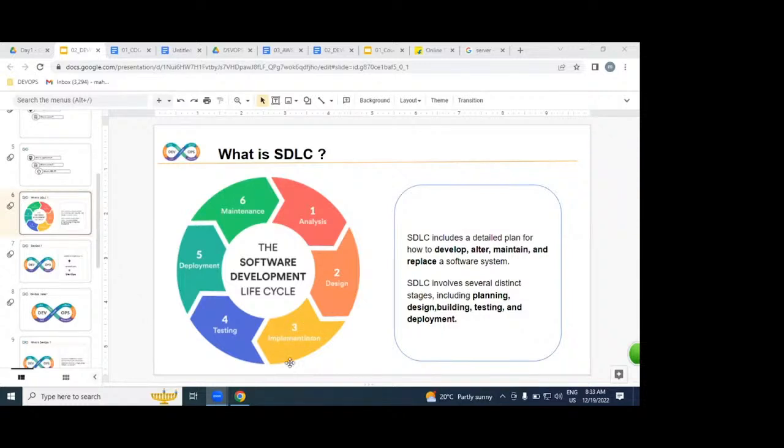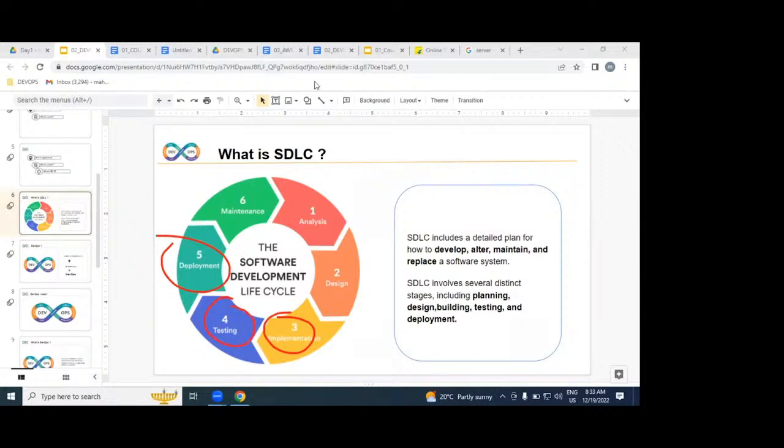Developers are working on the implementation part. Testers, DB administrators, DevOps engineers, AWS engineers, Linux administrators, all together we are working in SDLC.